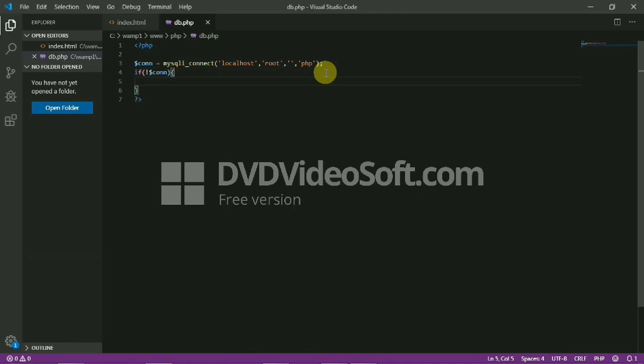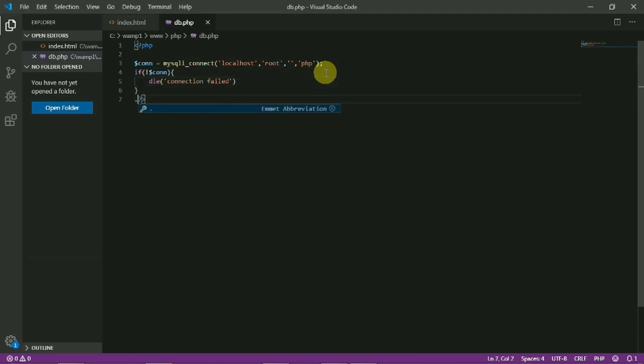By using the die function, it prints connection failed, and in the connection file it can send some error message by using mysql_connect_error.